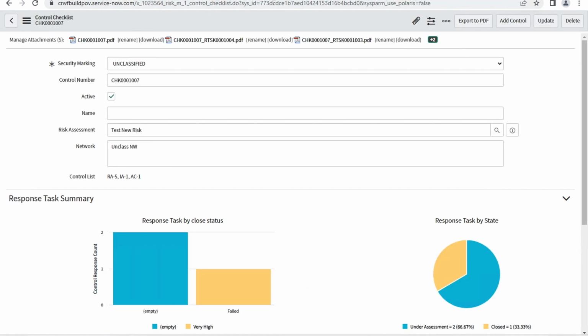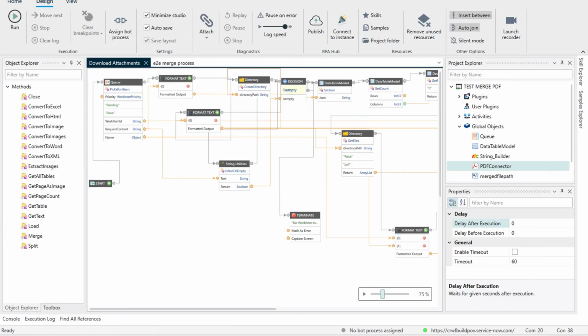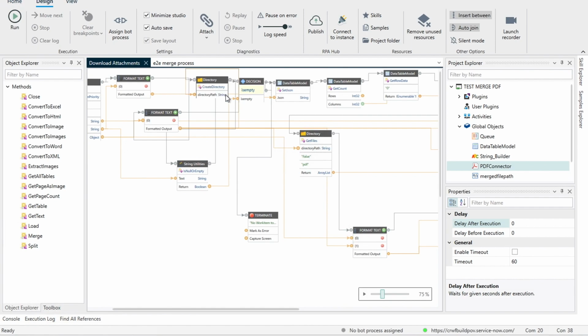If I click on my merge job, this is one of the work items. Basically, file name, sys_id, file name, sys_id in JSON format, because that's what RPA Hub takes in the work queue item. So I'm getting a list, and I'm doing a bit of formatting,